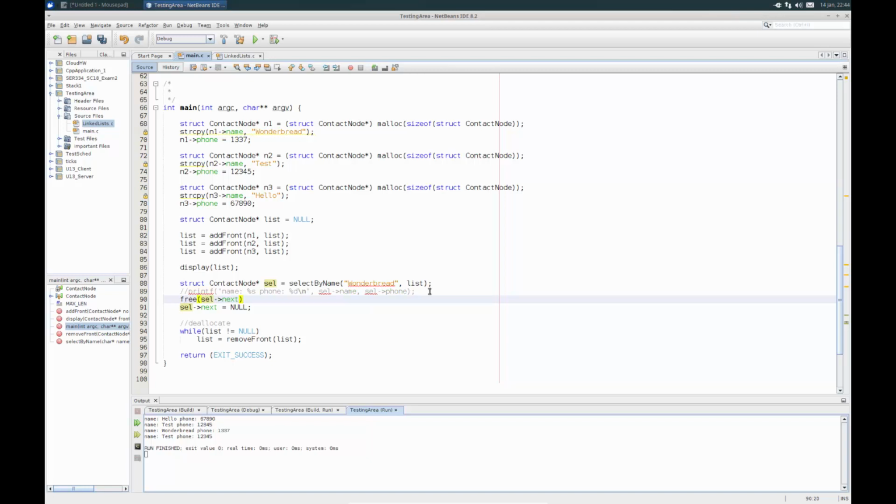So over here I could do something like free of cell of next, right? That basically says delete the node that comes after the node I just returned, which is the previous of Wonder Bread, meaning that this is to free Wonder Bread. And then I'll set that next equal to null. So this is basically to delete that node there. I went and searched for it, returned the previous, and now I'm deleting the one after the previous one, which is really the node I just found. So I'll go ahead and run this, and hopefully what I get is the three nodes over here, and over here I should get just the first two nodes.